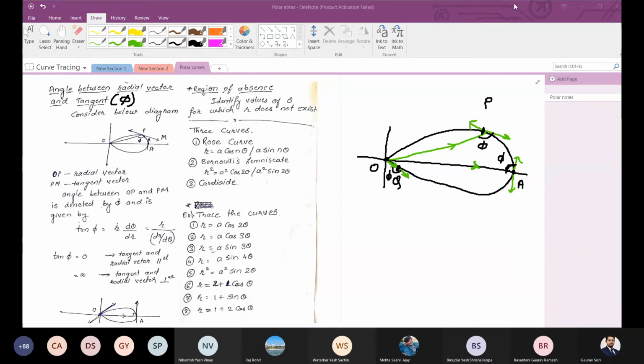At P, of course, sir. Can you please mark the angle? It is not clearly seen. Where is the angle? This is given at Q. This one, the round one. Oh, okay. Rohit, Raj, can you say something about this? Tangent and radial vector, both of them. I need the angle between both of them. So at Q, you just see what is the radial vector and what is the tangent vector, and you make a conclusion what angle it should have there.